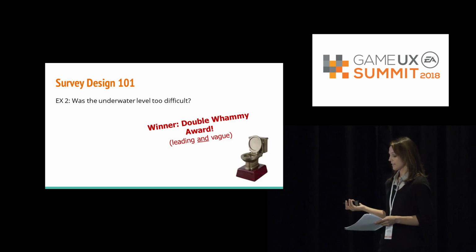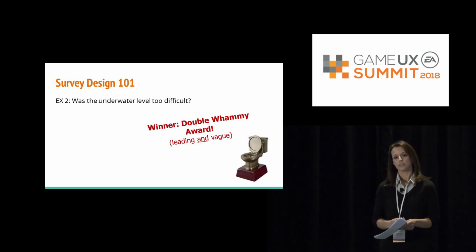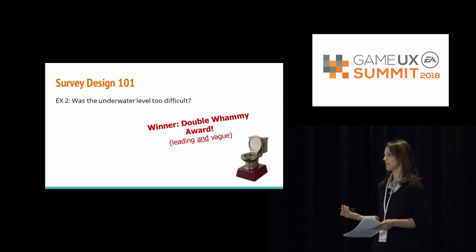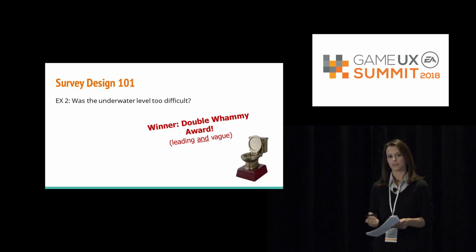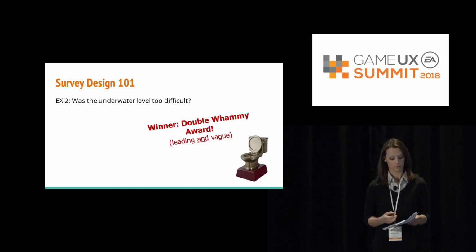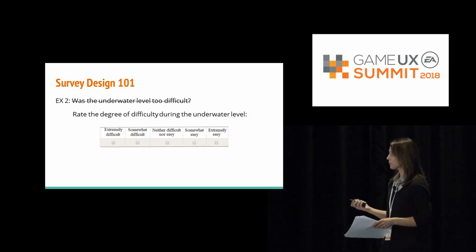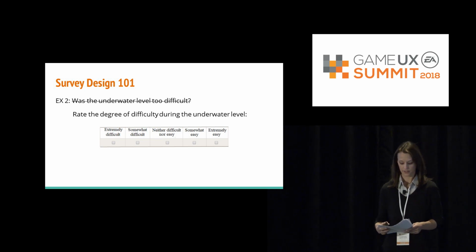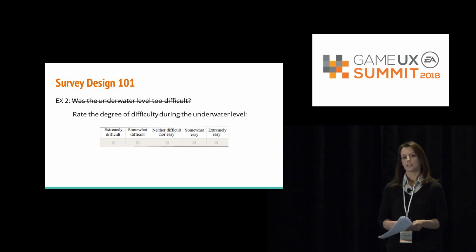It's also vague in the sense that if they agree, what have you just learned? So what was too difficult, and why, and how? So this construct isn't really being tapped in a way that gives us really good information. So we could do a number of things here. A possible solution is to simply throw it into a Likert scale, but this has another set of challenges in